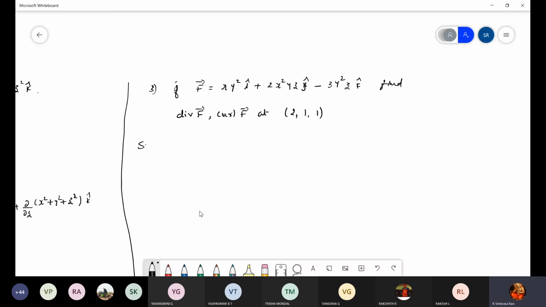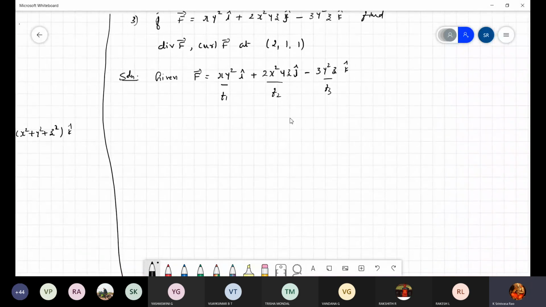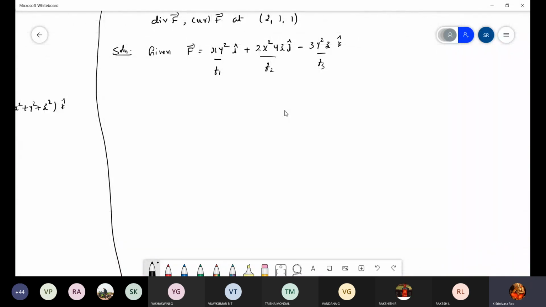Yes, take down the solution given. f equals xy² i cap plus 2x²yz j cap minus 3y²z k cap. So this is f1, f2, and f3. If you want, you can denote it like this, it will be easy, just to recognize the components. Yes, write the formula. We know that